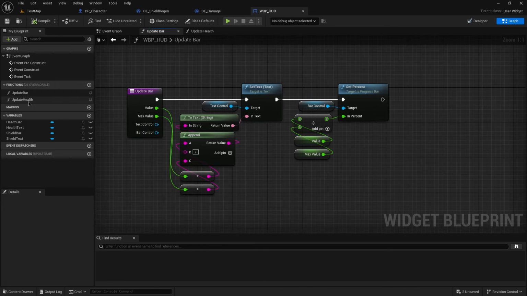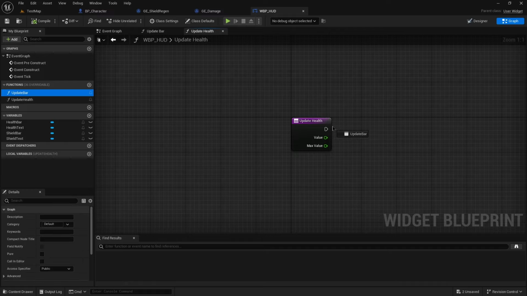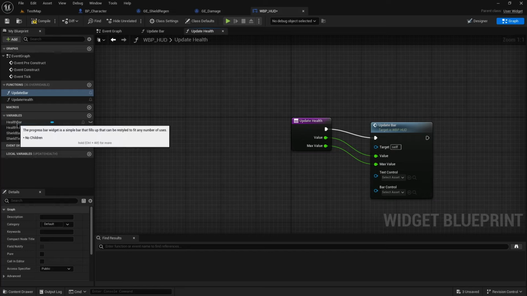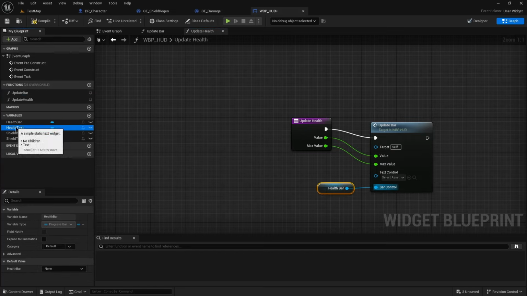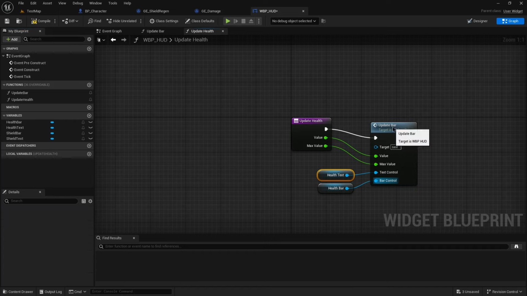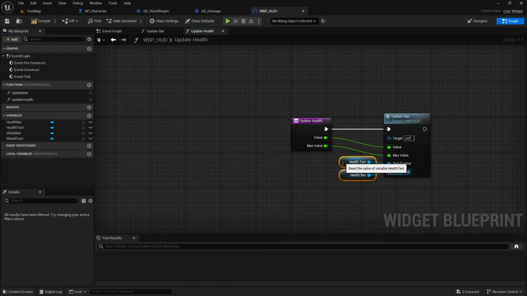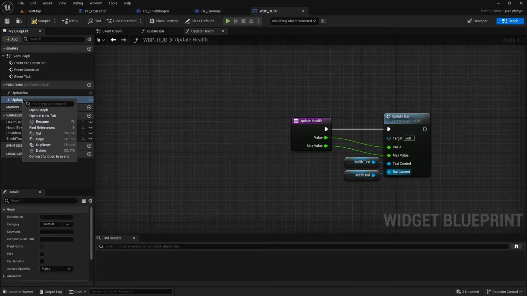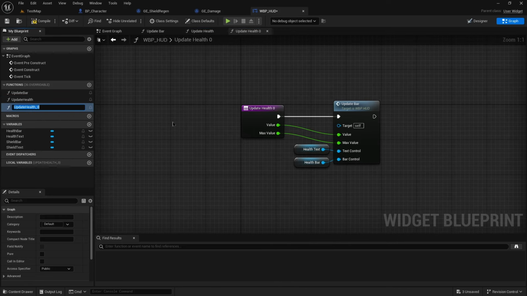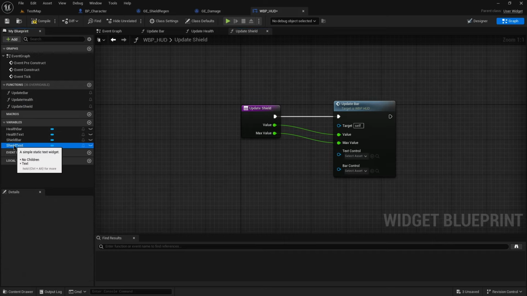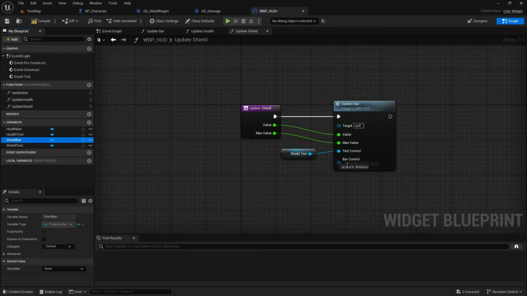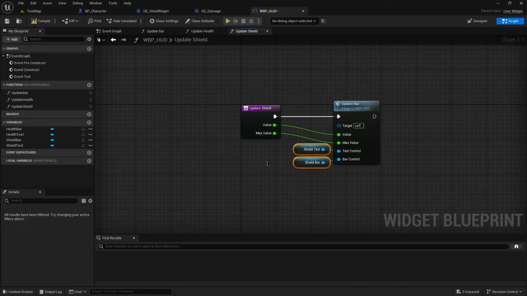With that set up, the point of our update health function is to call update bar with the values and sending along the appropriate controls. Similarly, I can duplicate this, call this one update shield, and replace it with these. And so in our character,